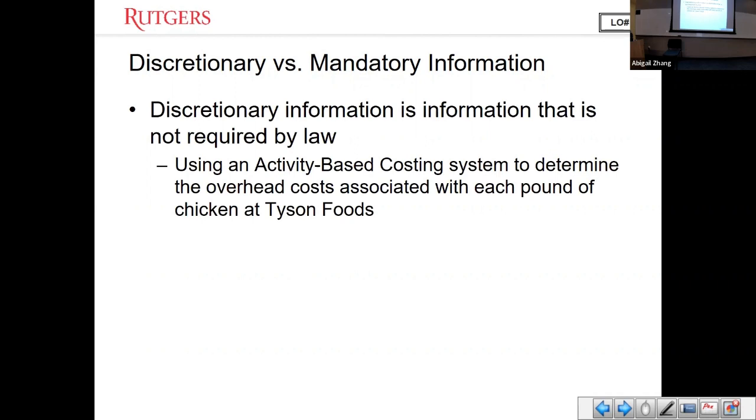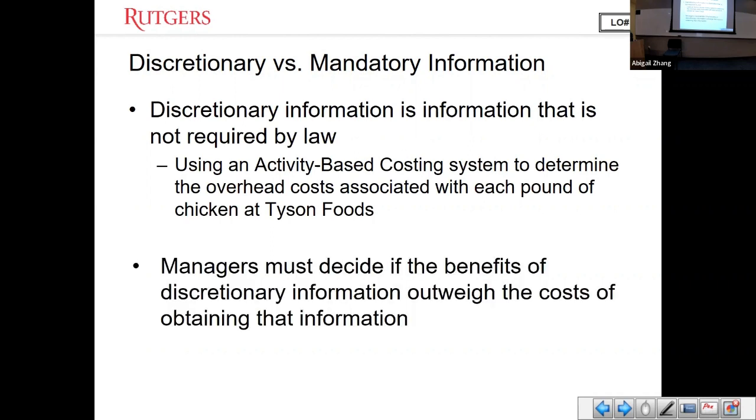Earlier we said that no matter whether it's managerial, financial, discretionary or mandatory, we need an AIS to record, to process, and to generate this information, right? Besides that, AIS also plays a role from a cost-benefit perspective. For discretionary information, since it is voluntary or just internal, managers have no obligation to report to outsiders, so it's purely for their own use. In that case, the managers will consider the cost and benefit of generating such information. And a rational manager, as we often say, will generate discretionary information only if the benefits outweigh the cost,